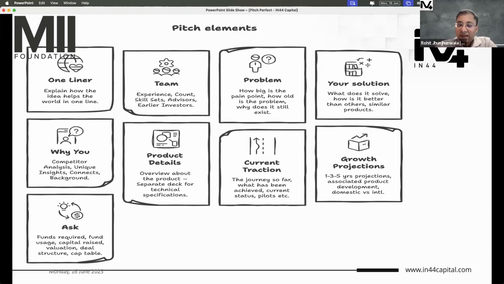So even if you go to the late stage, you still have to have your team, problem, solution, everything has to be there. And at the end, you will have to have an ask saying that this is what I want. Am I wanting collaboration? Am I wanting more customers? Am I wanting your advice? Am I wanting your funds? What do you want? And if you are asking for funds, where are you going to deploy the funds? How are you going to use the funds?